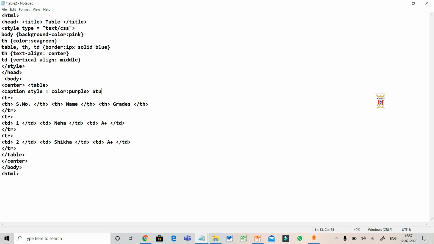I'm writing student data. Closing the caption tag. Now I want to make one more modification here, that I want this to be underlined and bold. So for underline we use U tag, and to use bold we use B tag. So closing the tags here, B.